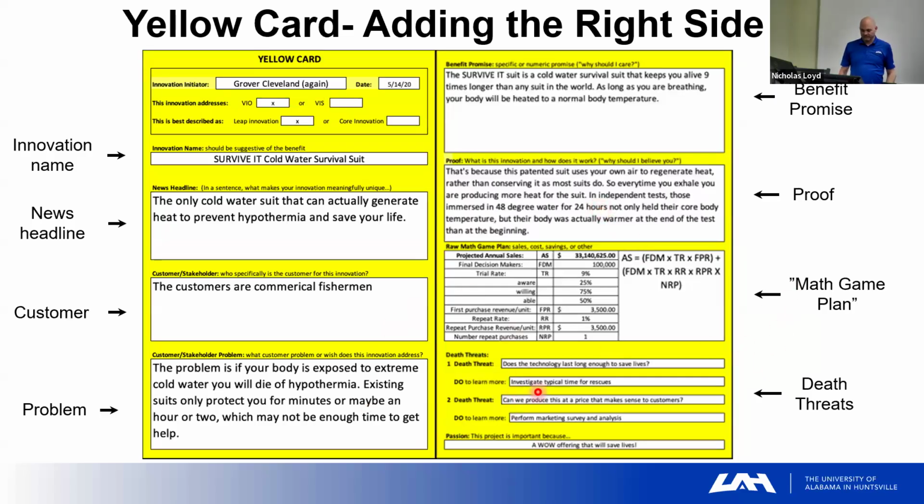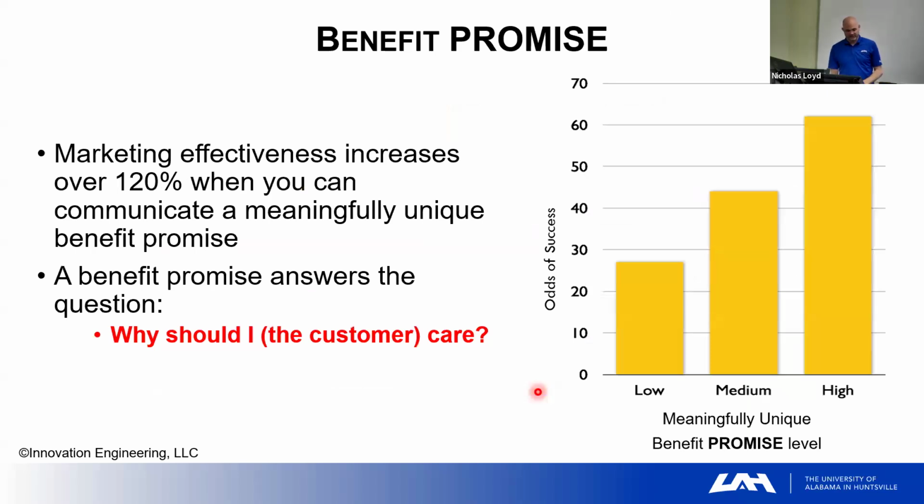And there's some numbers that we'll run. I'll talk about that in a minute. And then identifying death threats. So the right side involves all of those things. And there's work to be done. Those are not just fields to fill in. There's work to be done to gain information in each of those. So I want to explain a little bit what each of these things are.